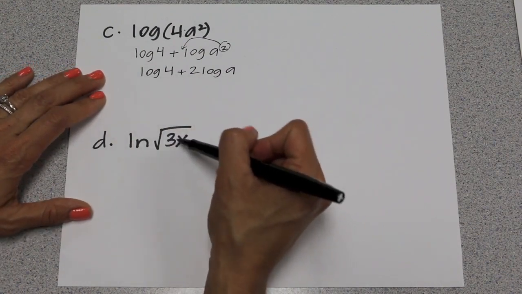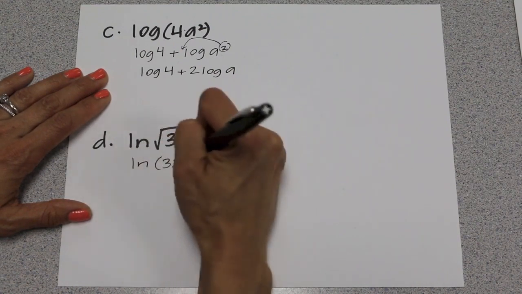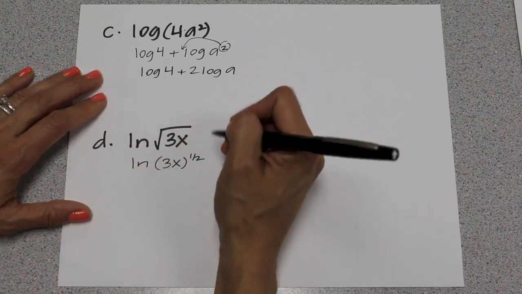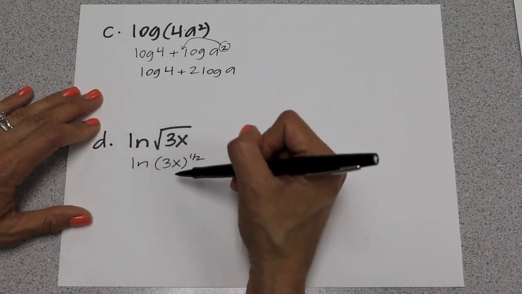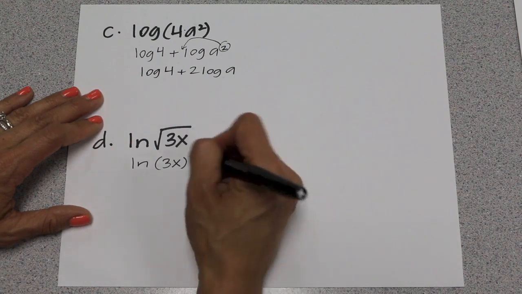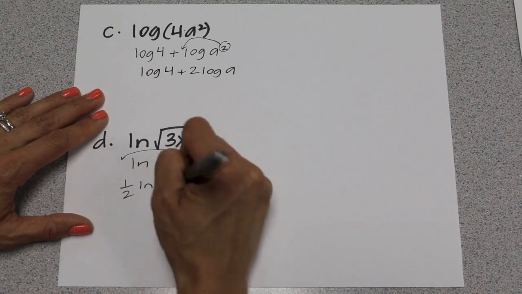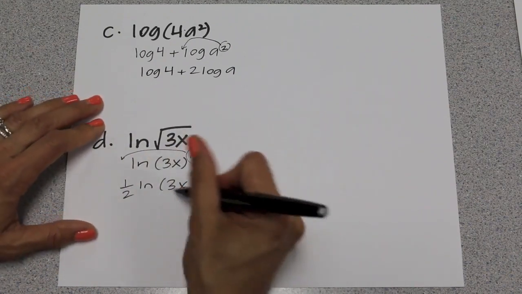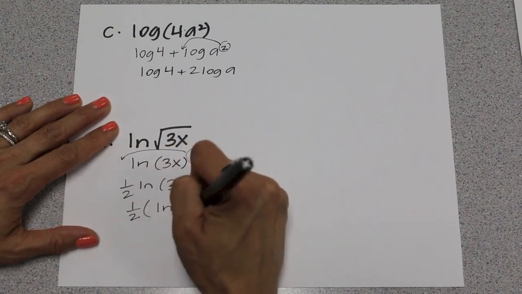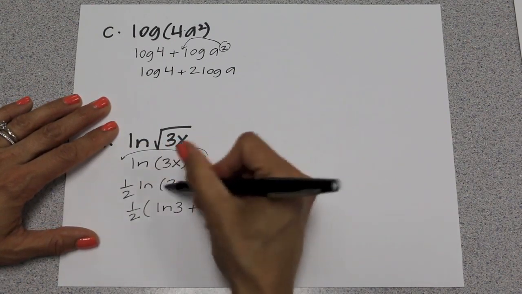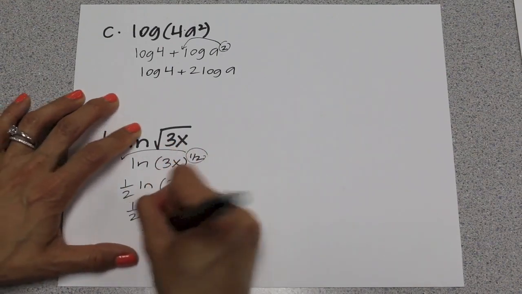On this problem right here, it says square root, so we'll rewrite that as a 1/2. So we have ln, natural log of 3x to the 1/2. And we can move this exponent to the front, so we get 1/2 ln of 3x. And then we can actually split this up. So it's 1/2 and it's ln of 3 plus ln of x. This was a product, so we split with a plus. And then you're going to distribute the 1/2